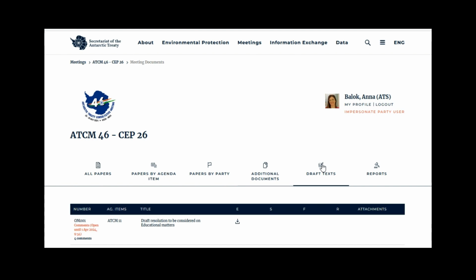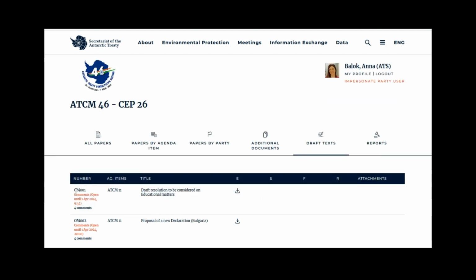And you'll see this new section, Draft Texts, where you'll find draft proposals or other texts that a chair or a delegate would like to informally share, in which they might open for comments. If a text is open for comments, you will see the comments link and the time frame for submitting comments in red. So we'll click here on comments,